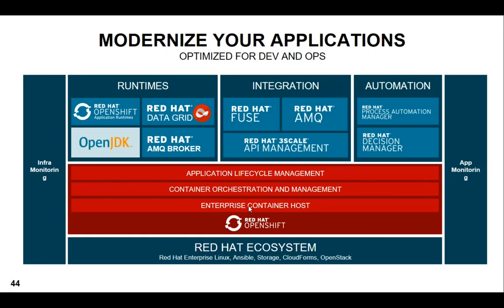3scale API management is one of the most interesting product offerings of Red Hat. As an organization, you would have different applications having different APIs. You would want to probably monetize your API. You want to create security policies around your API, set up the priorities, how a particular API will be exposed and will interact with the different external APIs. This is where you can manage all your APIs using the 3scale API management.